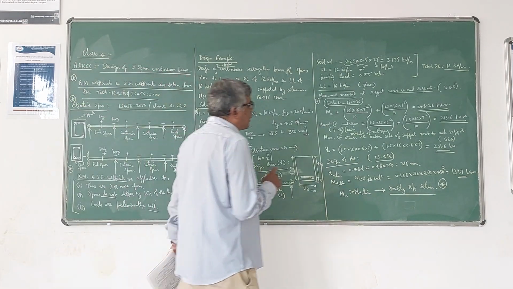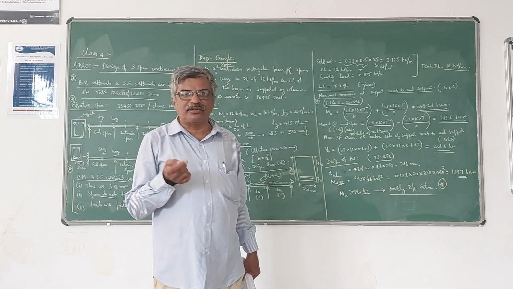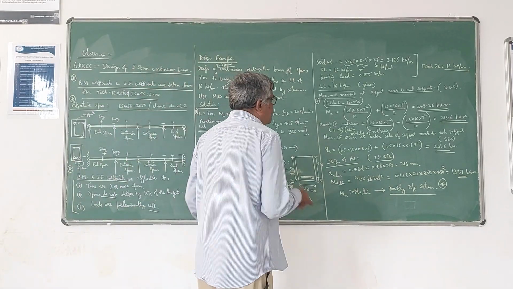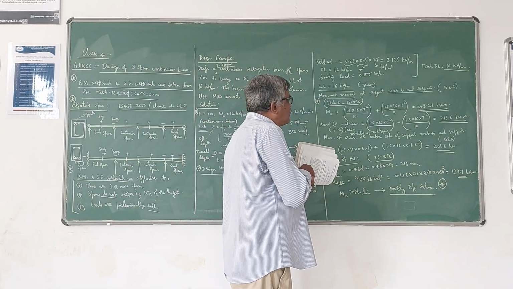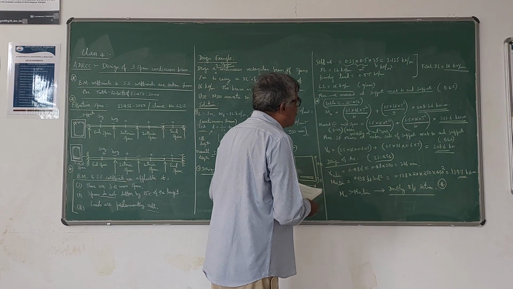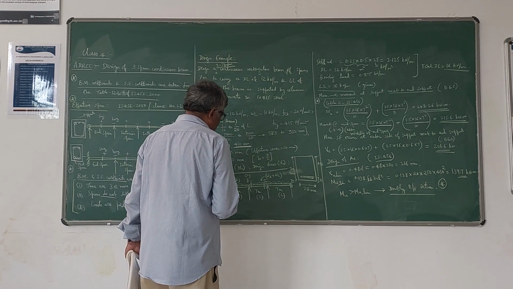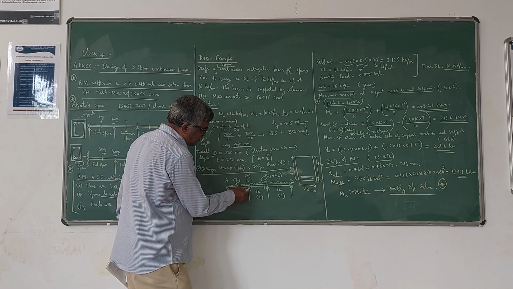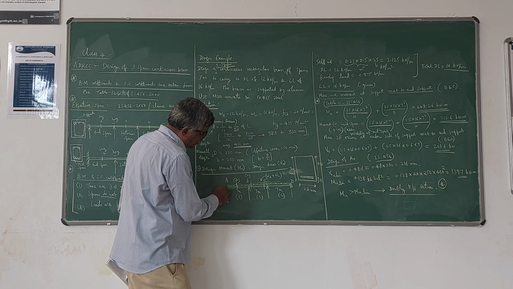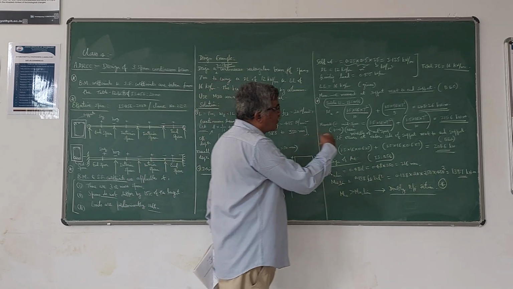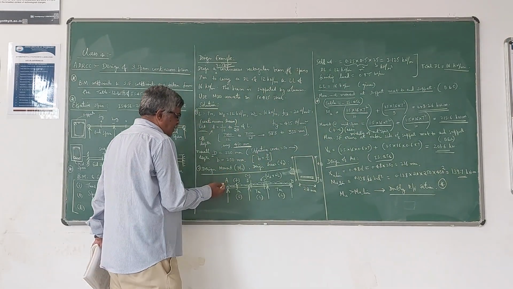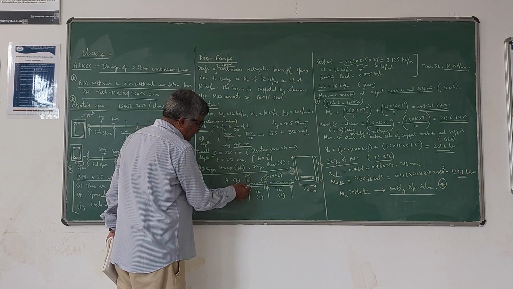Similarly, you have to calculate the maximum shear force, because we have to provide stirrups for the maximum shear force. This maximum shear force occurs at the outer side of the support next to the end support. You have to understand here. Outer side of the support next to the end support means, so this is the support, this is the support, next to the end support. It will come here.